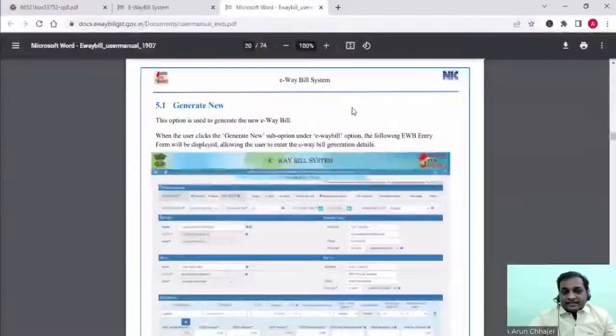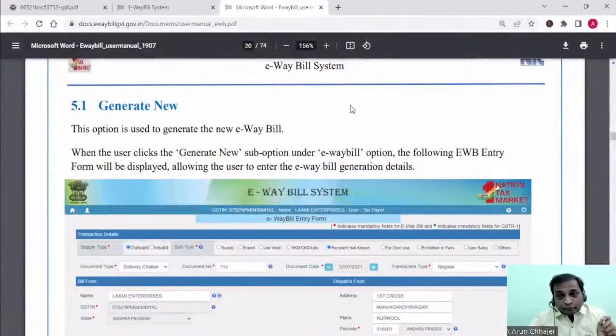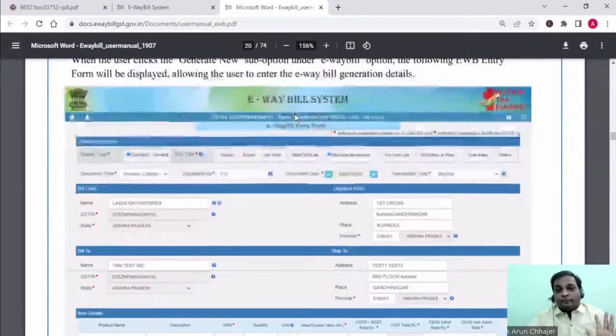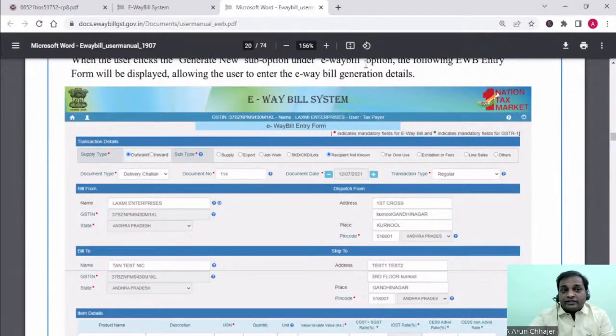This is exactly what Eway Bill is. Today's provisions are going to be all around this form. It is not in your syllabus, but I am showing it so that you can correlate the theoretical part with